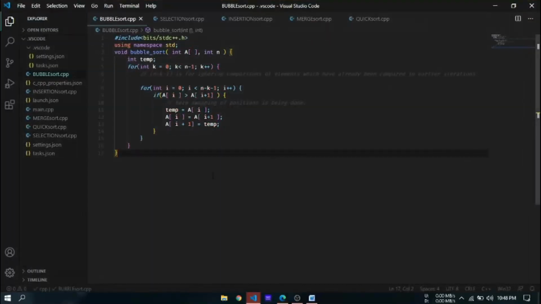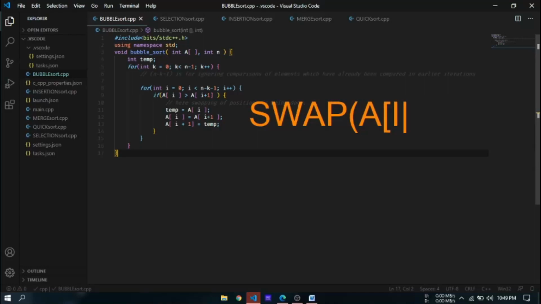Bubble sort code is something like this. We take a first loop for taking out the largest element. As you can see here, what we are doing is swap. We are swapping these two elements, a of i with a of i plus 1.